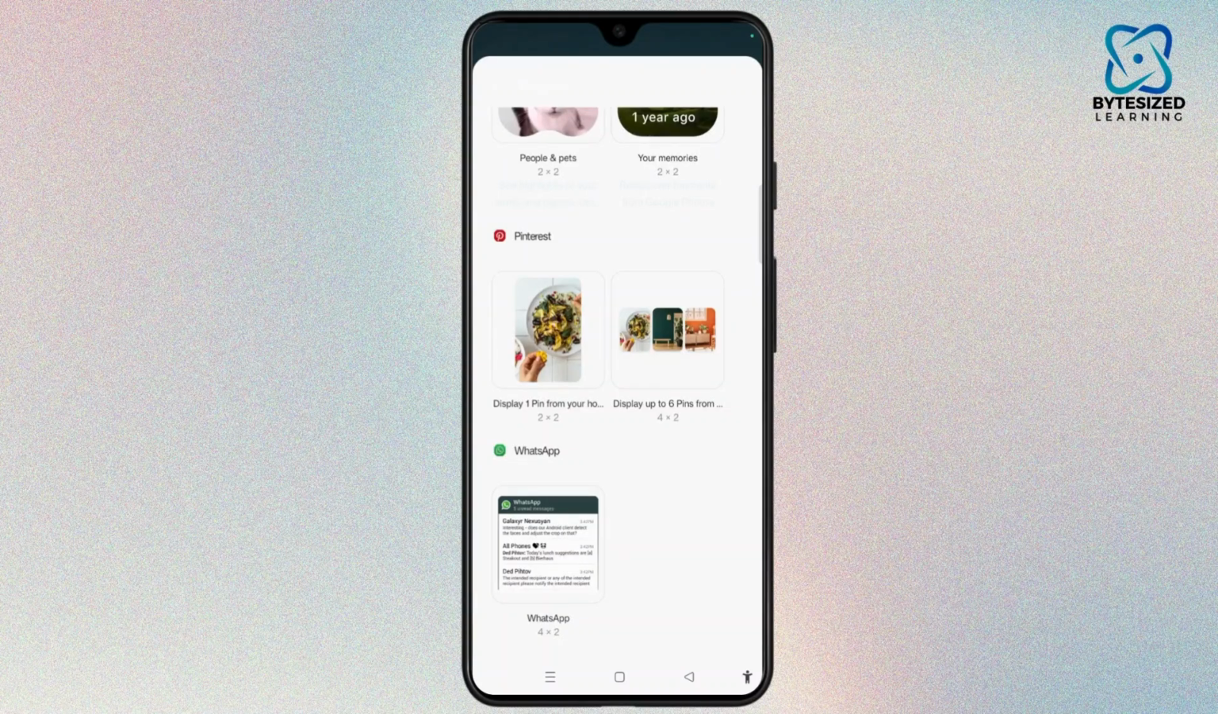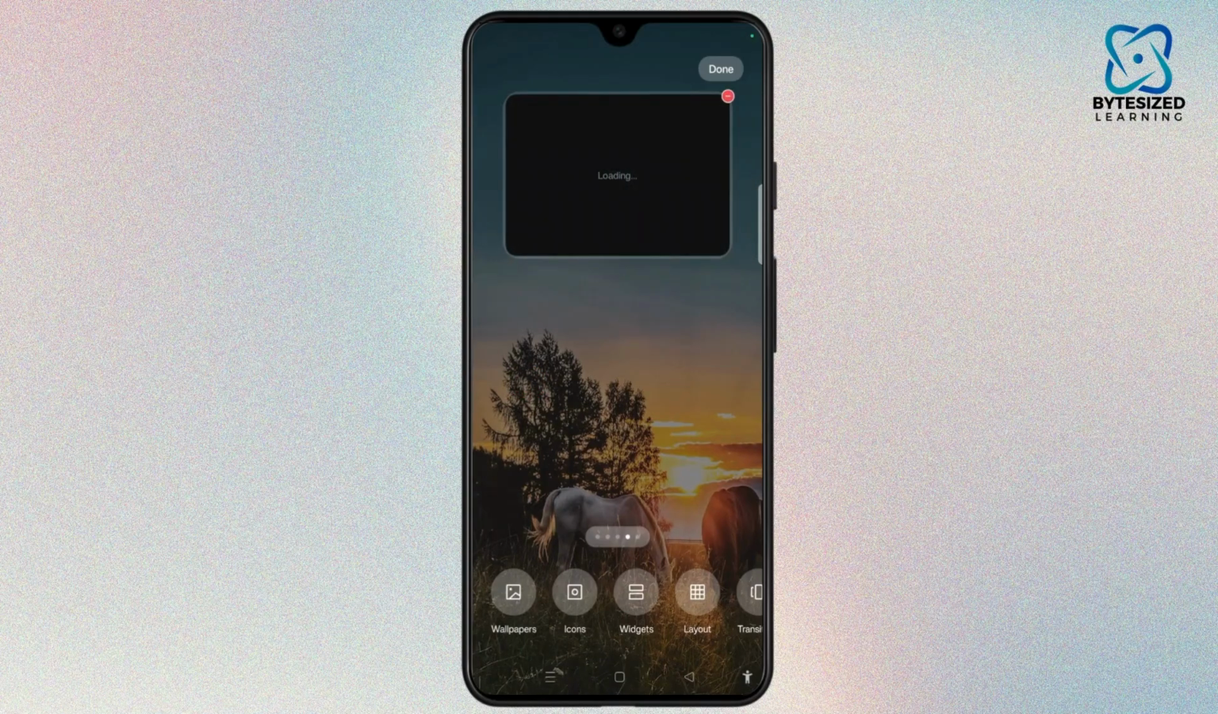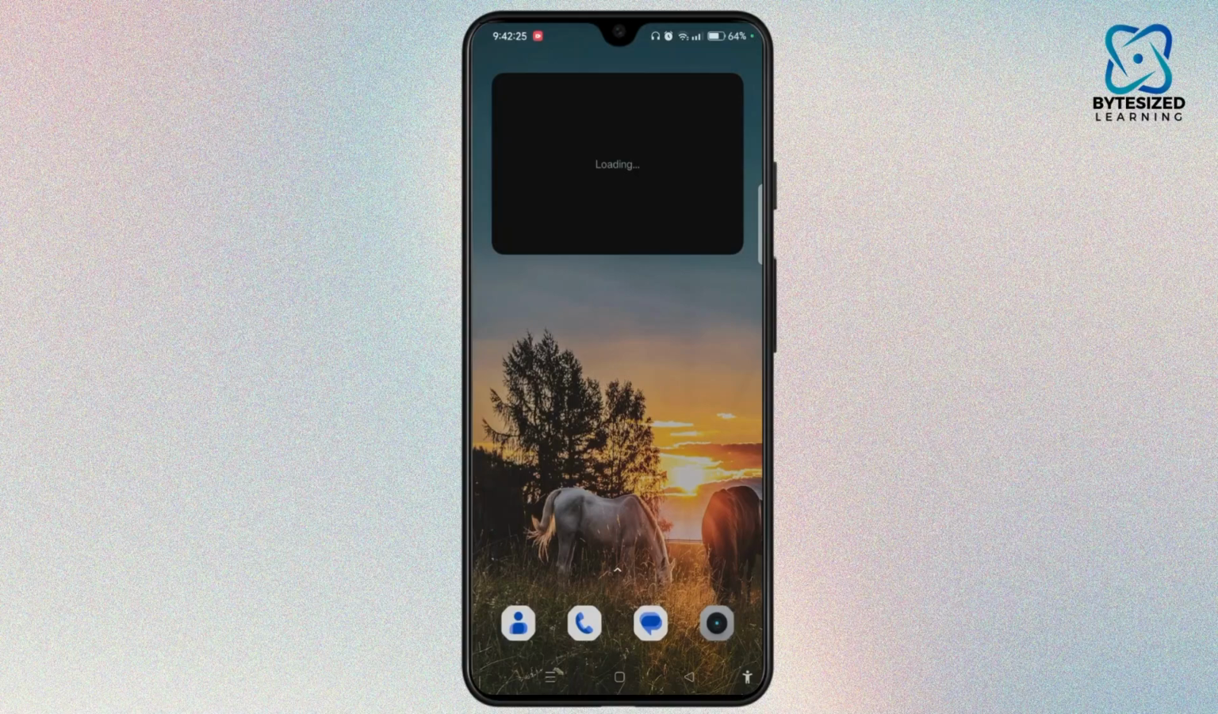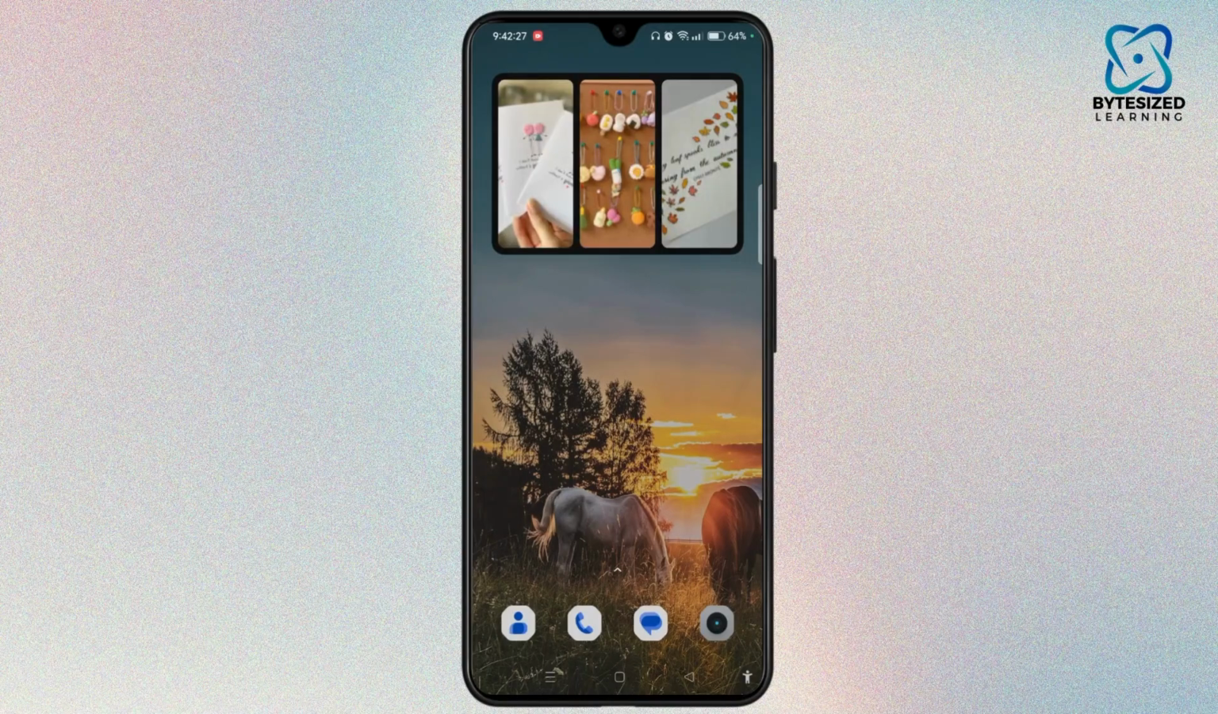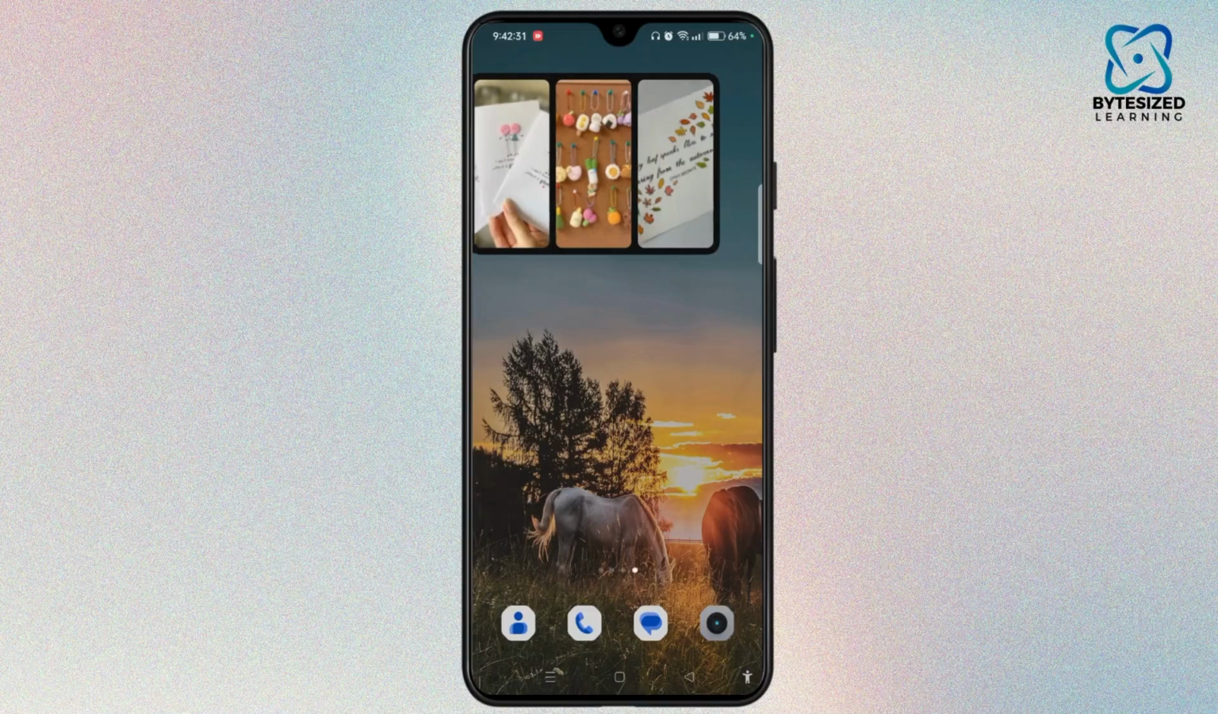Suppose let's tap 4 by 2 and here you can easily tap the down button at top right and wait until it is loading, and as you can see that we have successfully added Pinterest widget on our Android